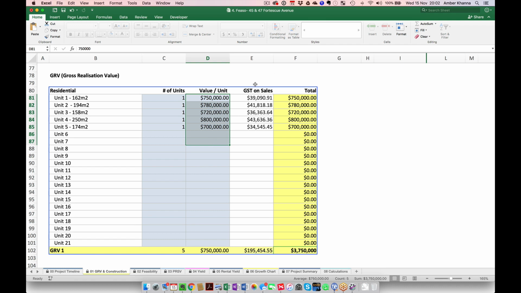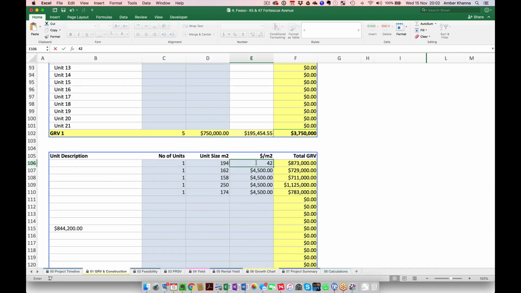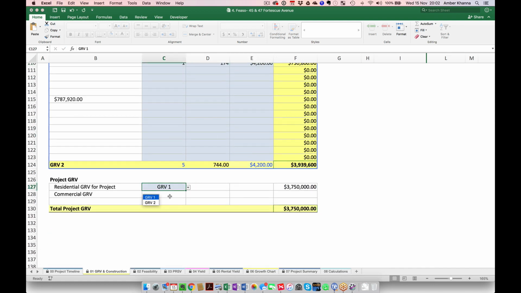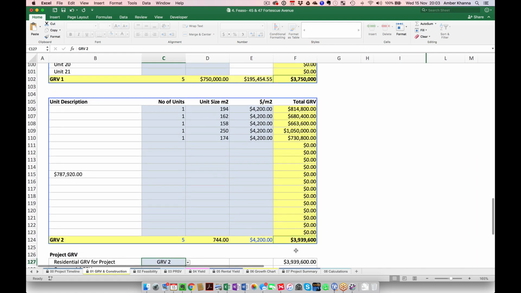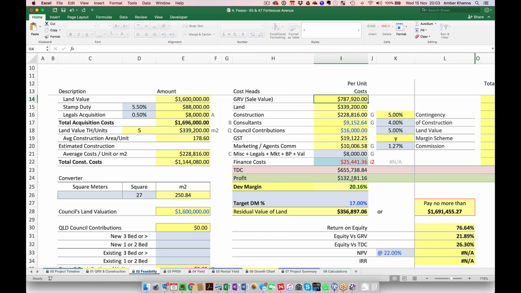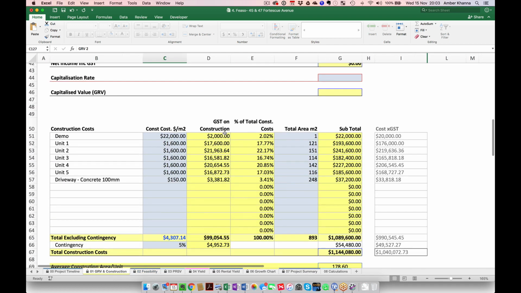They might give you 750 for this, 800 for this, 250 for that, whatever. And then they might also give you, look, in the market we can easily achieve $4,000 or $4,200 a square meter. So if it's $4,200 a square meter, that's why you run a different set of feasibilities to be able to run these scenarios and see what I get for that. I get a 787. That jumps my profit to about 20.16%, which is good. That means that if my